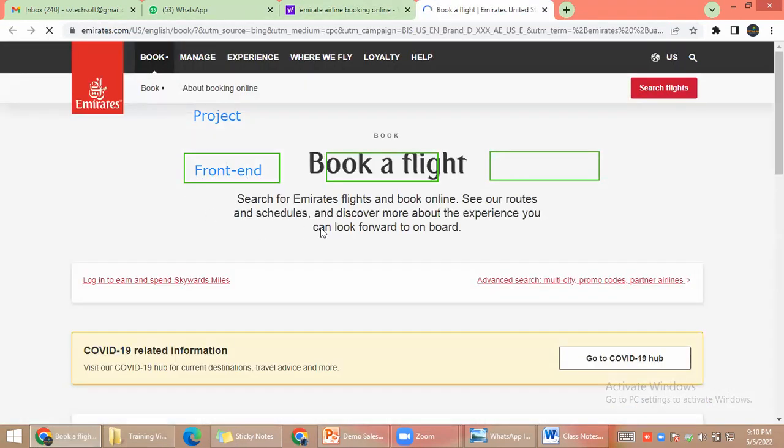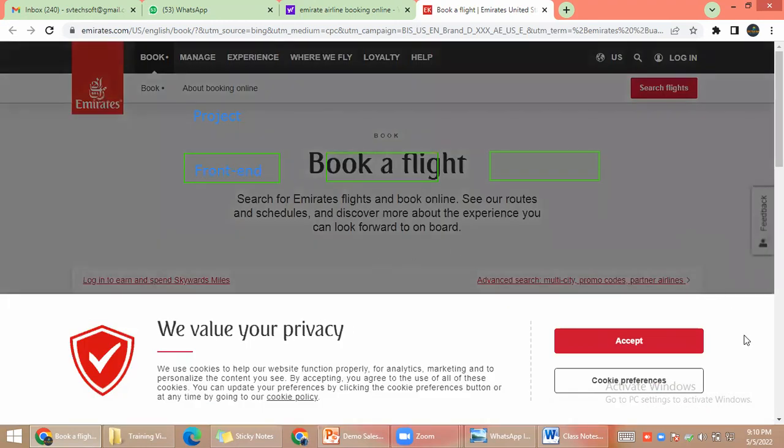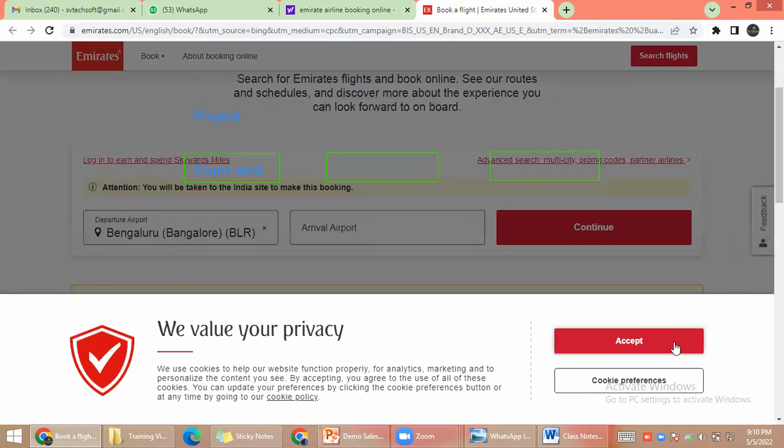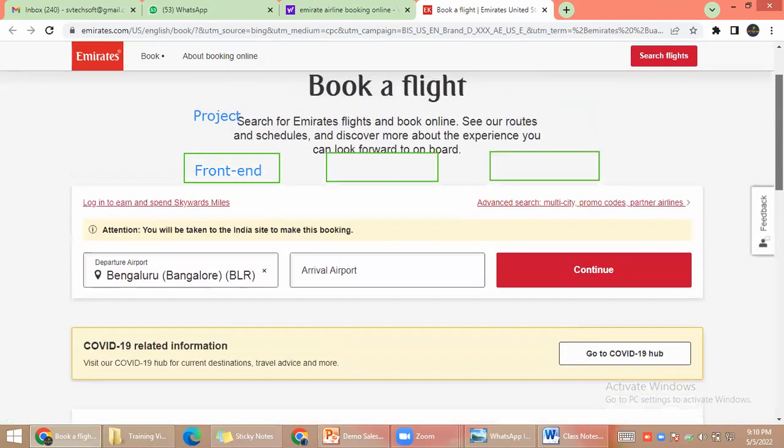This is your UI, your front end, correct or not? But usually all data will be stored where? In the backend database, correct or not? Yes. That means flight information, flight details, and everything will be stored in the database.